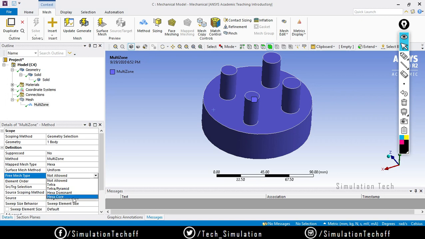Hex core and hex dominant both ultimately create hex elements, but hex core creates a series pattern, like in our yesterday's session where we saw patch conforming and patch independent. In patch conforming there is no proper distribution, the volume mesh is not in a pattern, but in patch independent the volume mesh has more proper shapes.